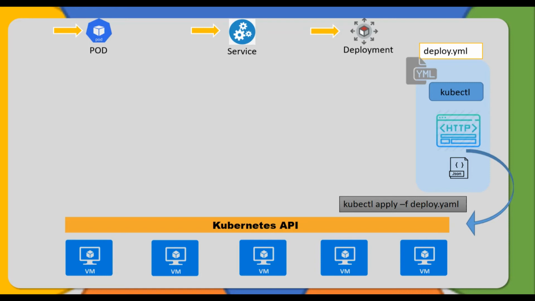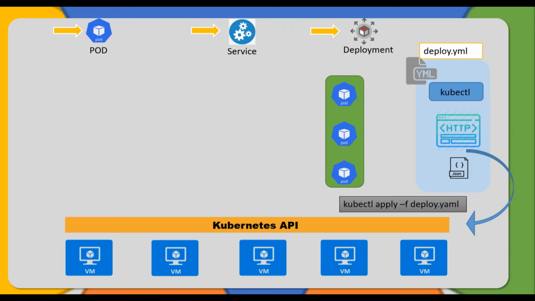once we hit the command, it will post that desired state to the API. The API sends it to the controller, and the controller executes and deploys the pods. So 3 pods are active and running.